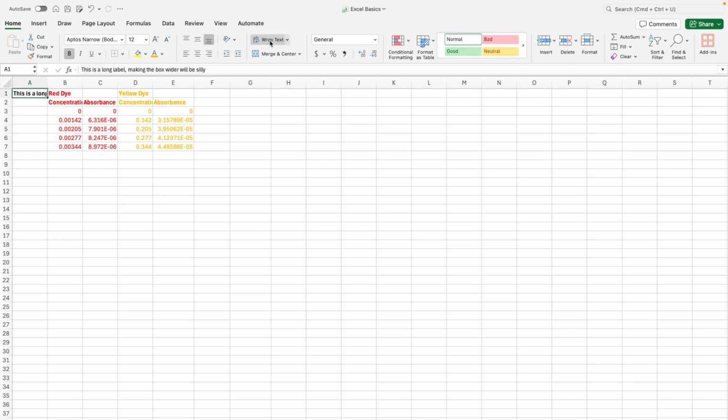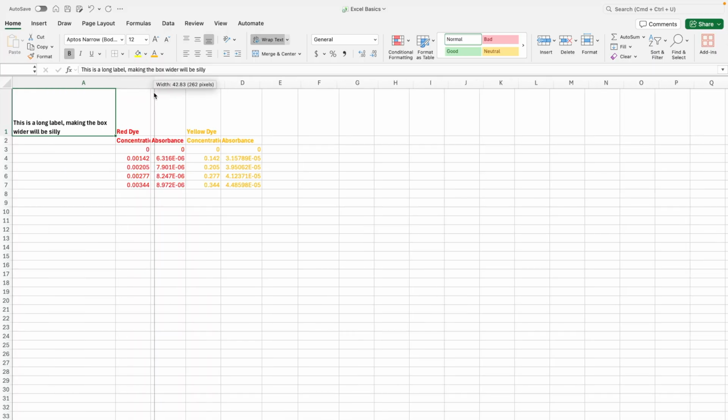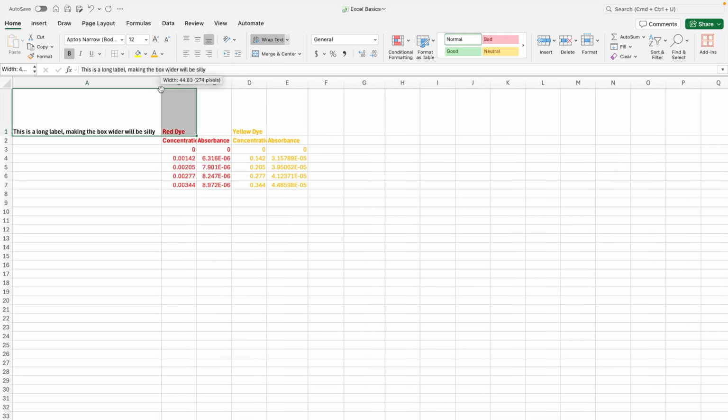to format and click up here, Wrap Text. Now this is perfect because it keeps the width of the column the same. It just changes the height for this specific box. Some people might be tempted to go and make this width super wide in order to be able to fit the whole word. However, you can see that this is really a waste of space because it makes the whole